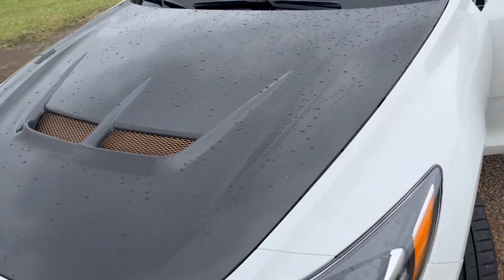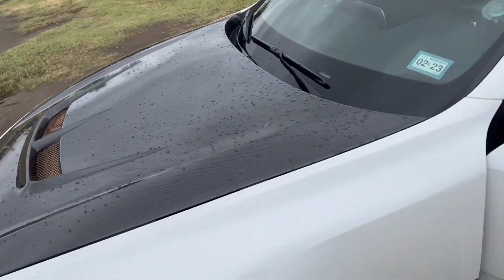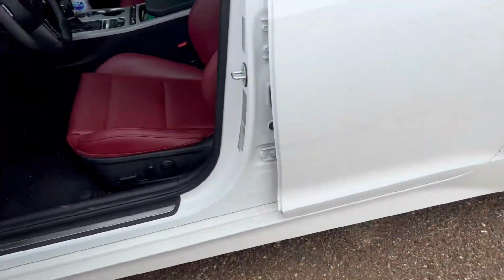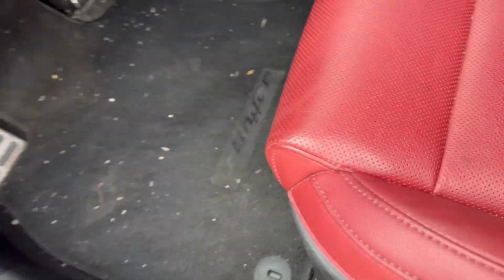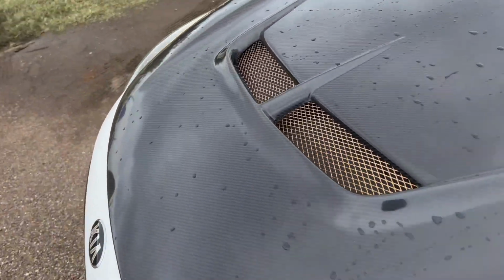All right, so adjustment is key. The hood fits perfectly with any car, and sorry, my car's dirty. You should be good, and then just unlock it,